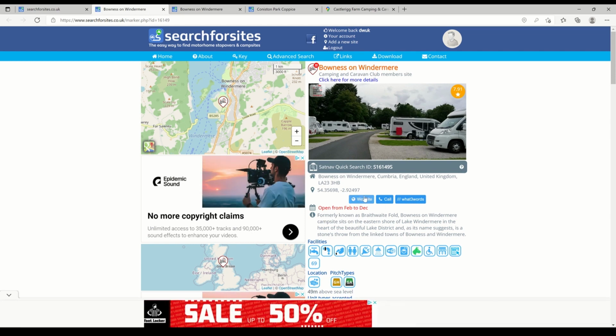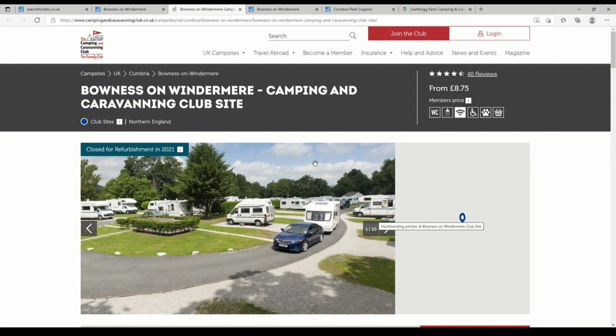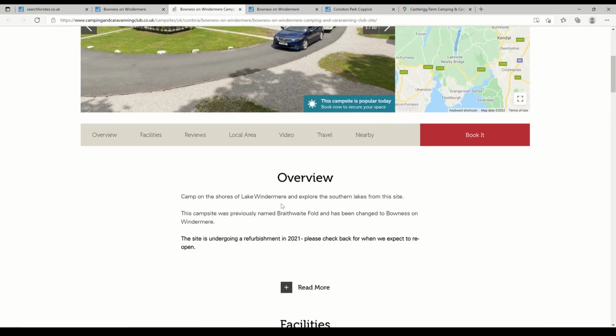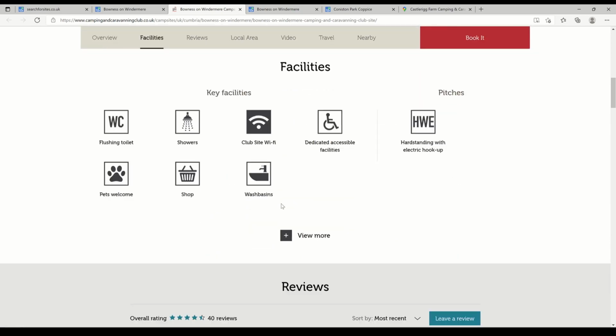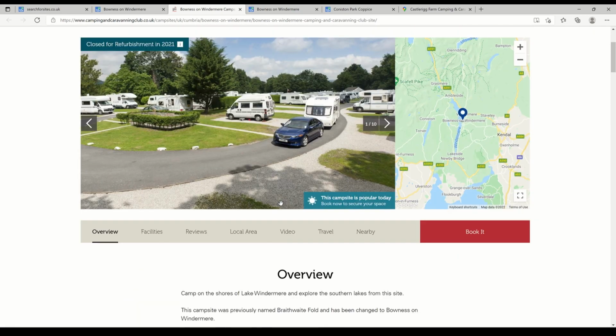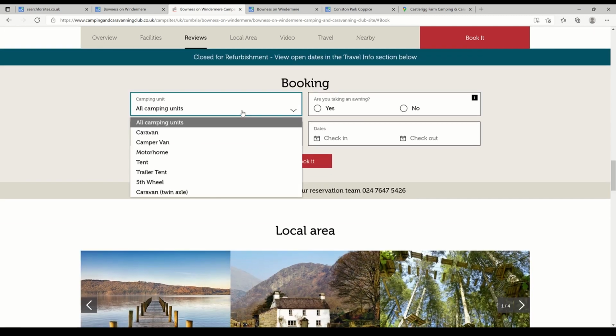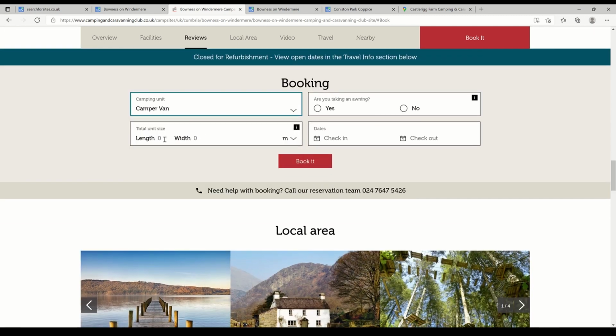So the next site we're going to look at is Bowness on Windermere, which is a Camping and Caravanning Club site. So let's hop over to their website and have a look. That's closed for refurbishment in 2021. Oh dear, that's not such a good one, I don't think, but let's try going to book and see what happens. So we've got a campervan, 6 meters,